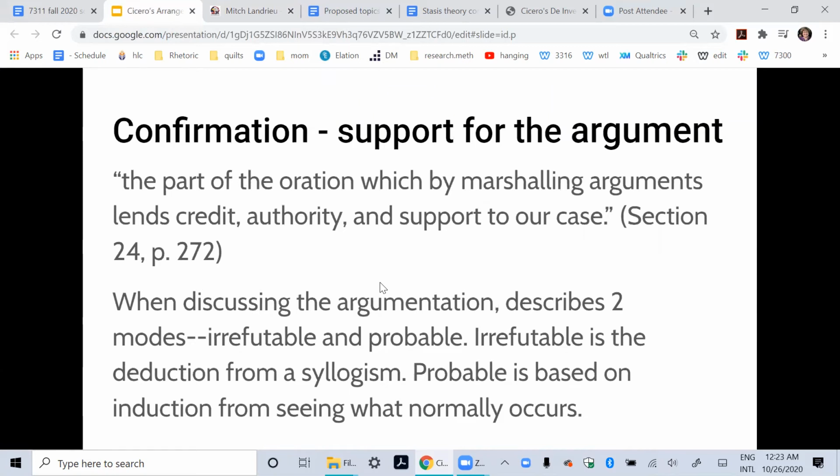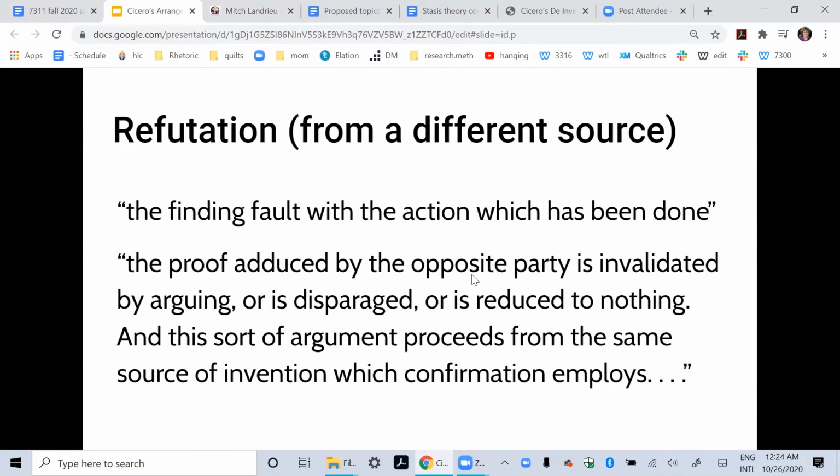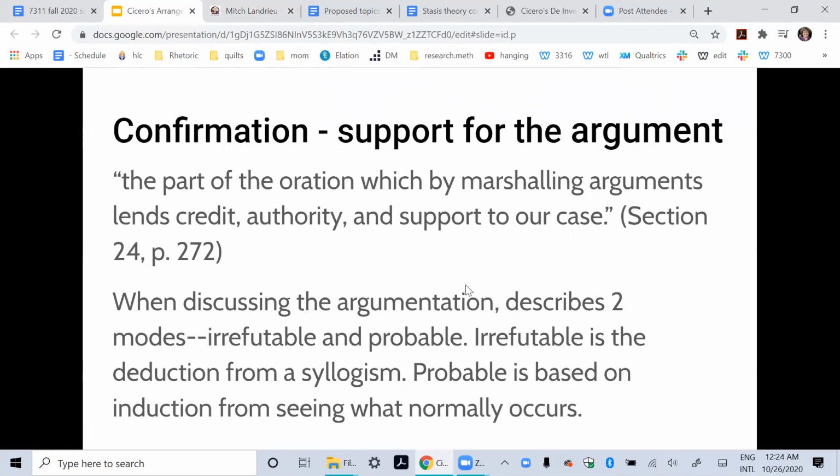probably where we most typically think about argumentative speech giving and writing. He describes the confirmation as the part of the oration which by marshaling arguments lends credit, authority, and support to our case. He basically talks about a lot of different ways of supporting the argument, but along the way, he does address